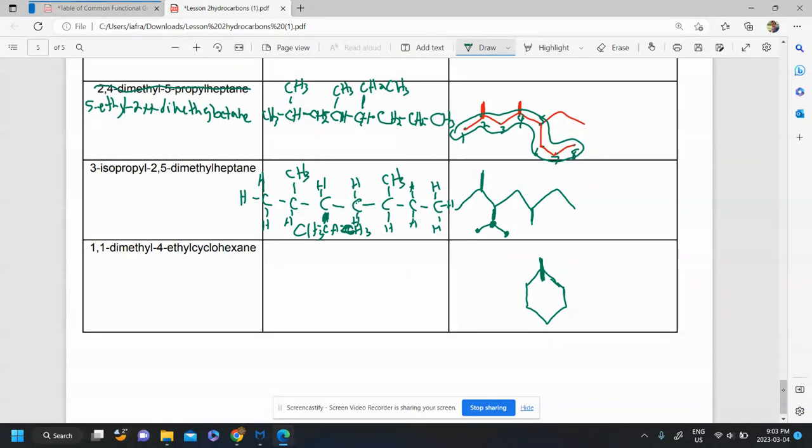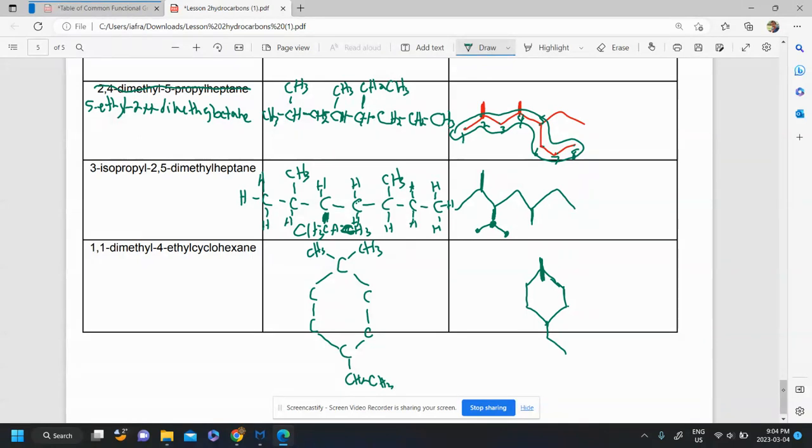And then, so that's 1, then 2, 3, 4. So it's carbon number 4 here. So we have 1,1-dimethyl, 4-ethyl cyclohexane. If you want to draw this out as an expanded or structural formula, on carbon number 1, you can even draw it this way. You could do CH3 like this, CH3 like this. Carbon number 4, you have your CH2,